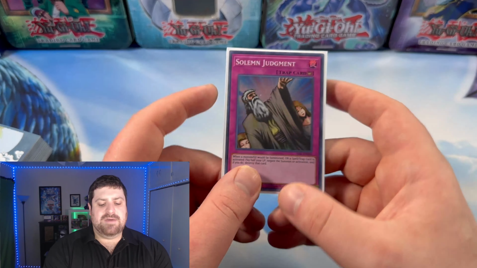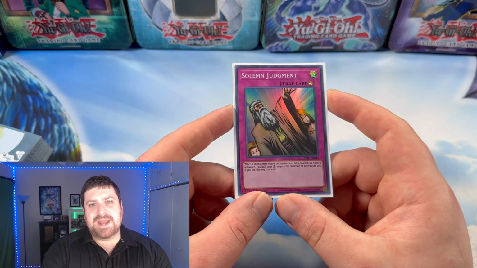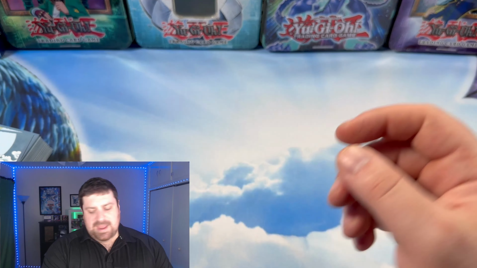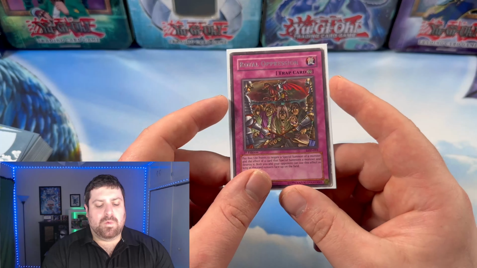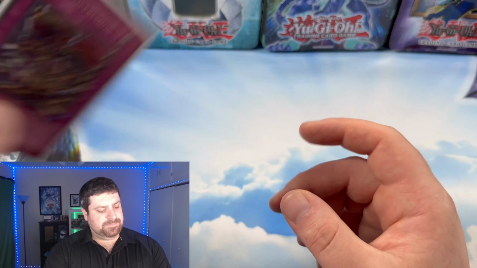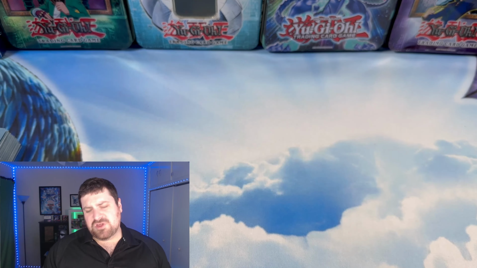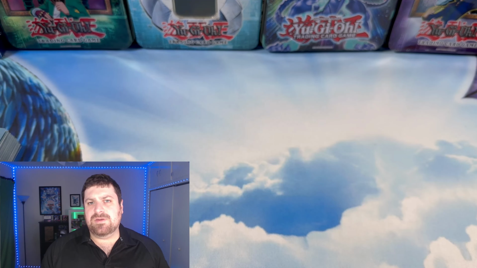Then, of course, we have a Solemn Judgment as well, just to pretty much say no to anything our opponent's going to do. And then we run 1 copy of Royal Oppression, since this deck does play pretty well under it. Moving over to our extra deck, which is something that we don't access too often besides Future Fusion or